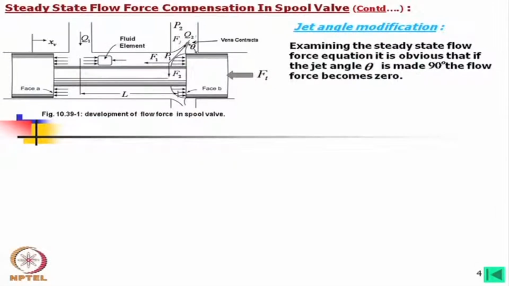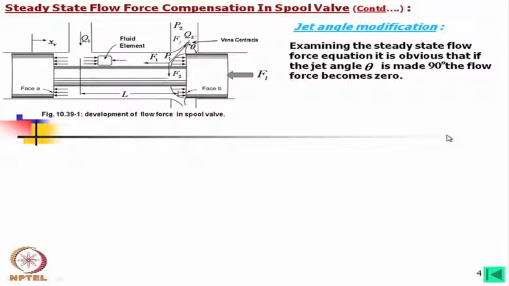If not uniformly distributed, it might be discrete, but at a certain angle equal amount of force. So, that will cancel each other. So, we can make this theta 90 degree to make this flow force 0,